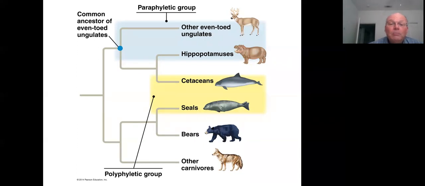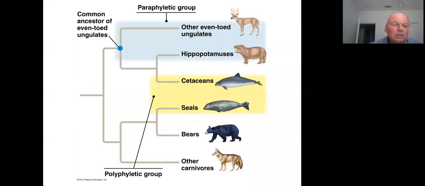Looking at the morphology of cetaceans, whales and dolphins, and seals, you might think that they share a common ancestor, because after all, they share a similar morphology, they share many similar behaviors, they are air-breathing mammals, they live in the ocean, their body plans are modified for marine existence. So it would appear that they share a common ancestor, but the reality is that seals